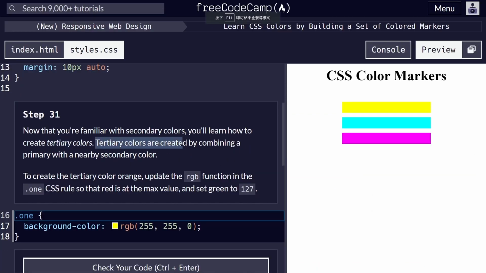Tertiary colors are created by combining a primary with a nearby secondary colors. 啊，第三层的颜色，第三次要颜色是结合 primary 主要颜色跟它旁边的附近的次要颜色。主要颜色是白色，次要颜色是这个啊，这三个，所以这样加起来是浅黄、浅青、浅洋红。To create a